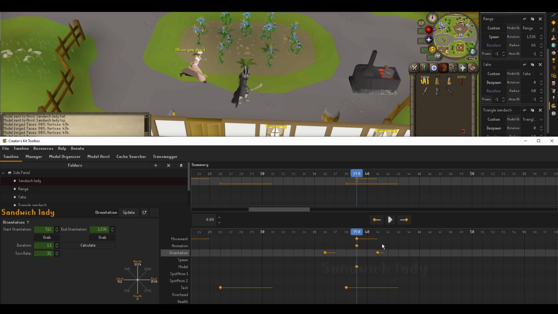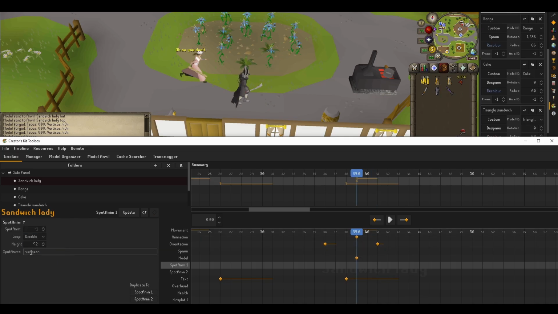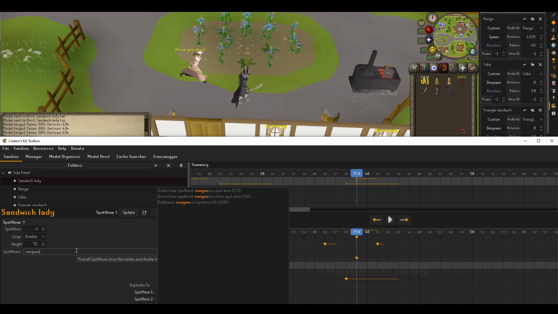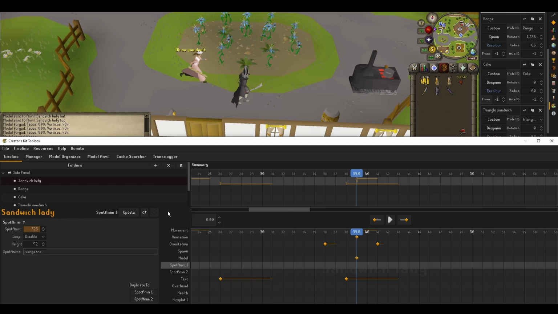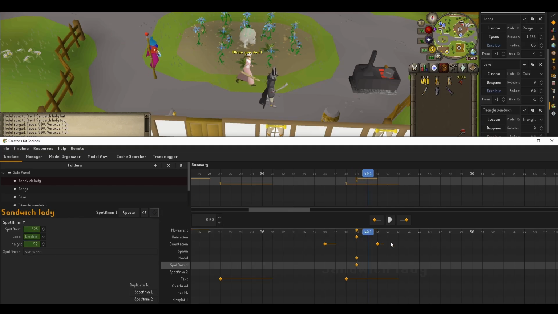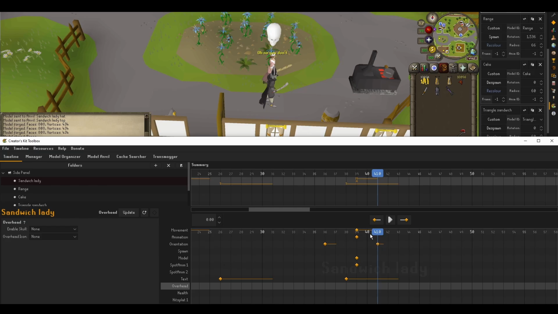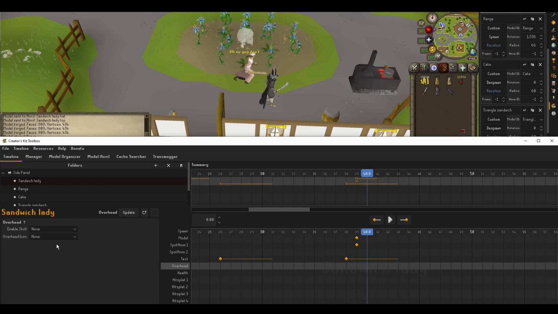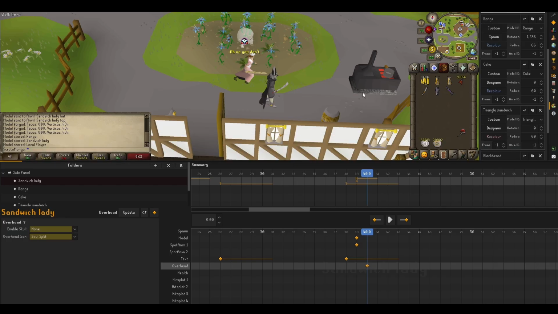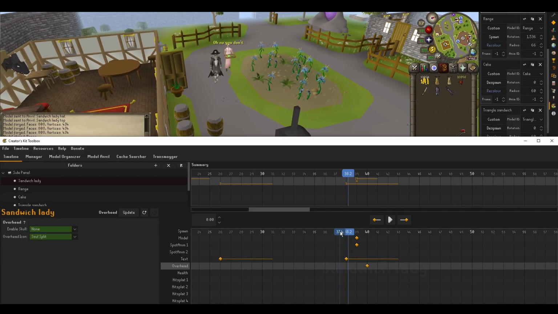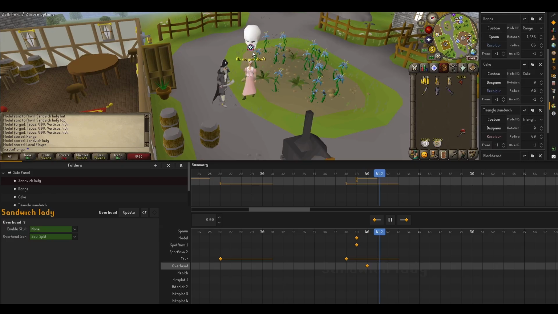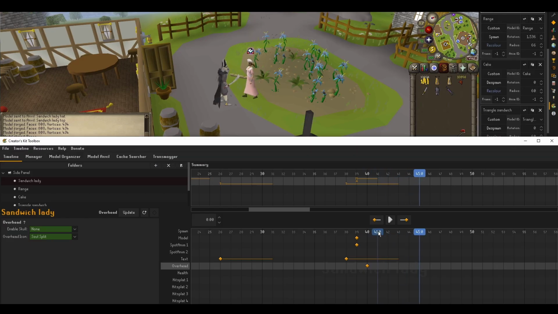But as she's running, she's casting, I hate to use it again, but she's casting vengeance. Yeah, that's right. She's casting vengeance, and she flicks on an overhead prayer. Soul split. Beautiful. All right. She gets angry, turns on soul split, casts vengeance, and